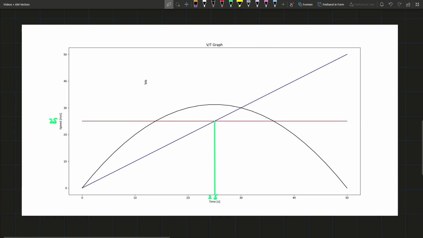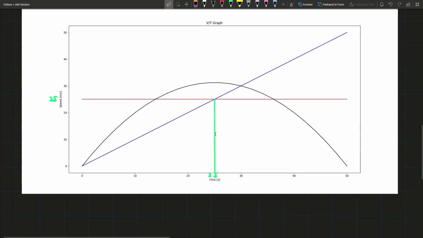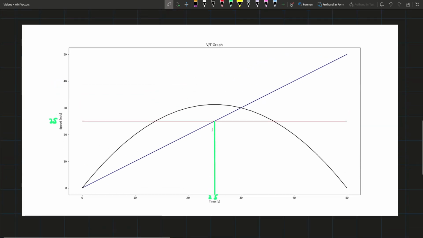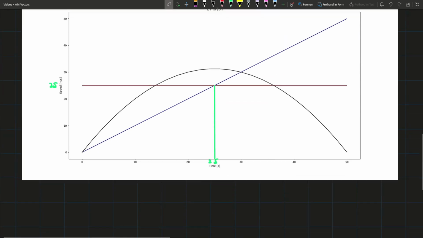So let's find the distance that the red car has traveled, up until this point where the velocities are the same, which I'm doing for demonstration purposes to make the video shorter, but you can do it whenever. Their velocities are the same after 25 seconds. So to find the area under the curve, and I'm going to write it in red, area equals, well, it's just going to be a rectangle. The height, as you can see, is 25, so it goes up to 25 meters per second. It's always there, and then the length is 25, so it's just going to be 25 squared,